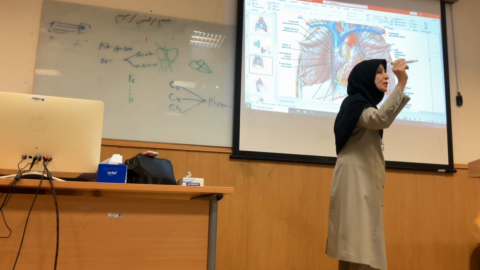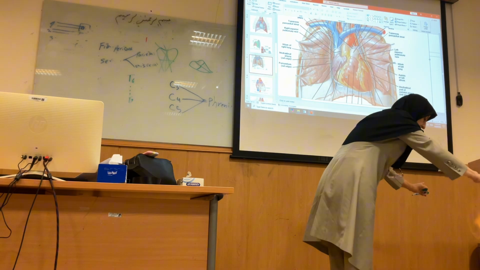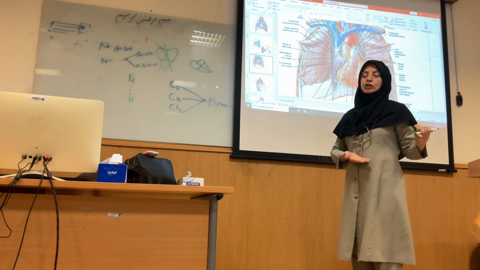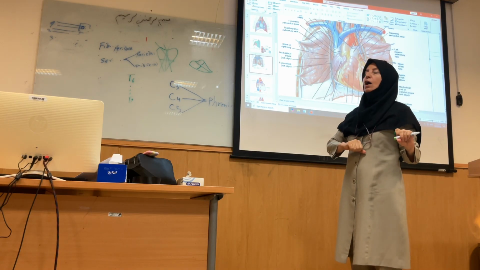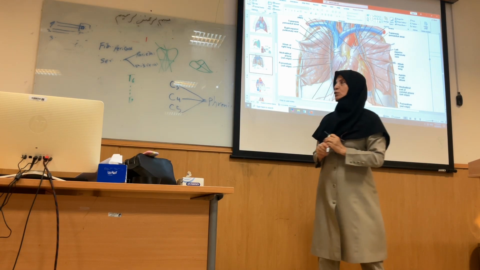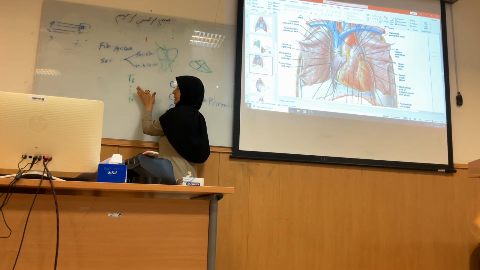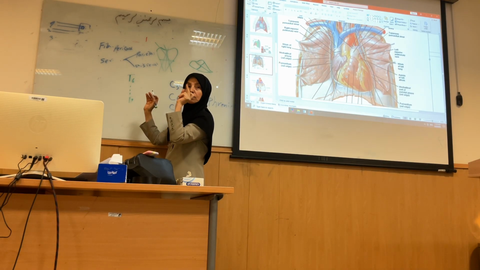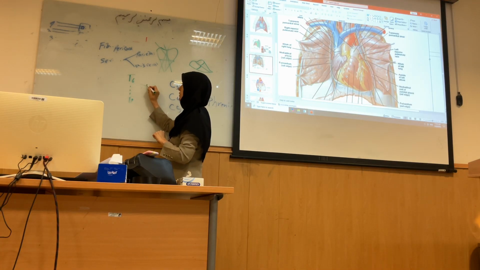When I'm going to do an injection in the gluteal region, you should lie prone, like this. This is supine. When you are resting, the position of the diaphragm changes, coming up a little. So the position of the heart changes. When I'm standing, the heart comes down a little. So when I'm standing, the base of the heart is anterior to T6, T7, T8, T9. When I'm resting supine, it changes to T5